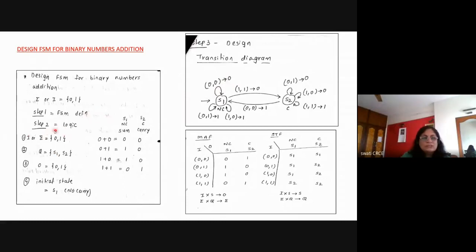Now my logic. I'll go through this statement carefully. It is for binary number addition. So I understand that I have to add 2 binary bits, or binary numbers, and I should get the answer. So I'm writing my calculation here on the right hand side. I have to add 0 plus 0. If I add 0 plus 0, I get the answer 0, and the carry generated is also 0. Then for 0 plus 1, my answer is 1, and there is no carry.